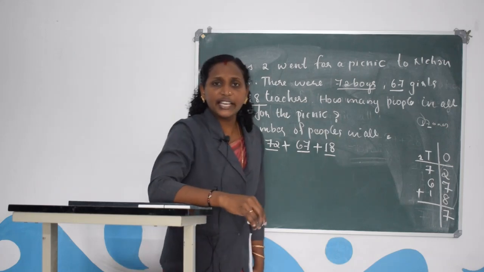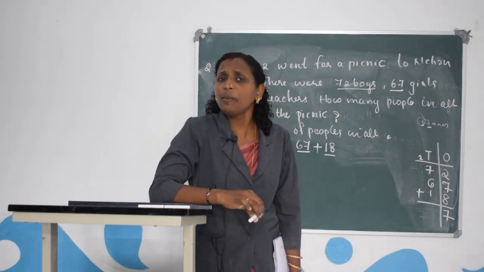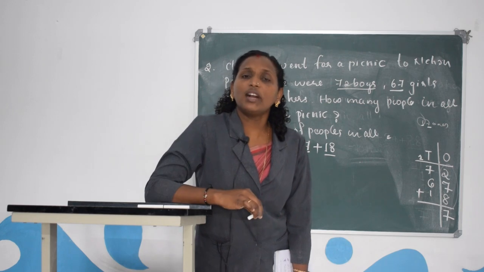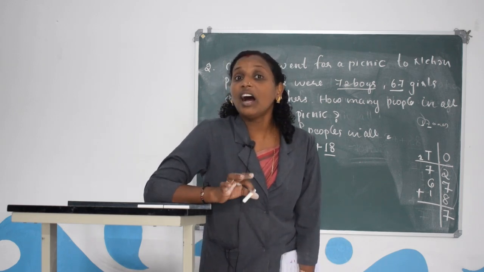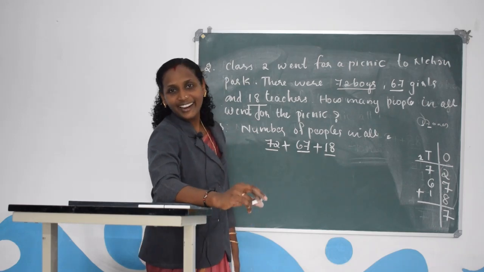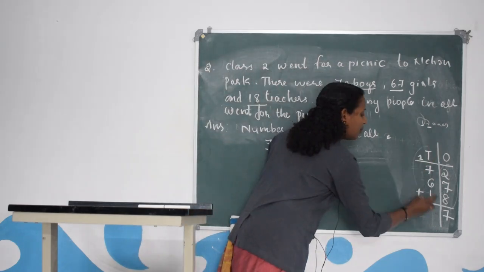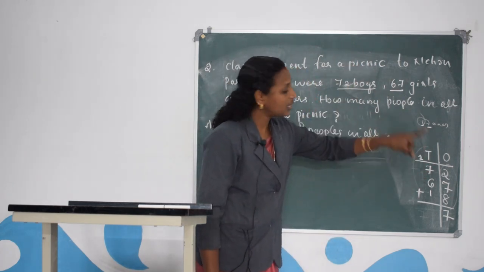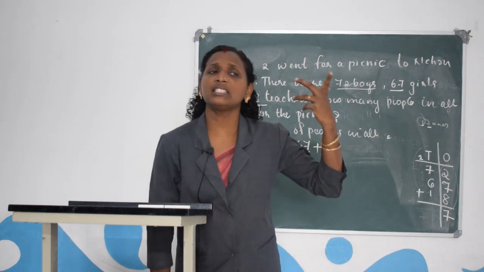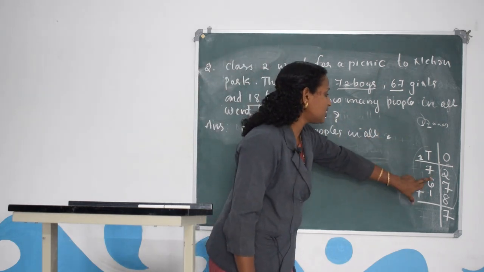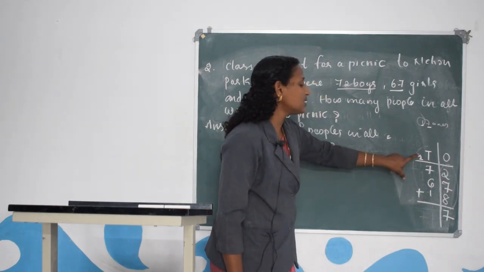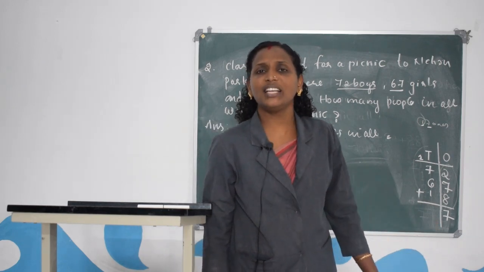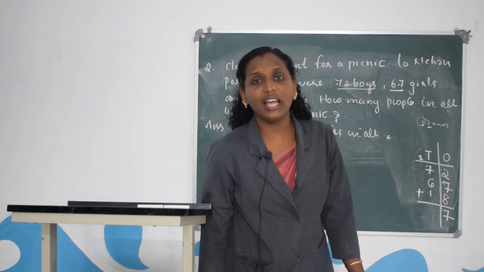Okay, then what is next? First we arranged the numbers in places, that is over. Second, add the ones, that is over. What is next? Add the tens. So look at the tens. The digits 7, 6, 1. That means to add the tens, 7 plus 6 plus 1 plus 1. This one is the carried over.